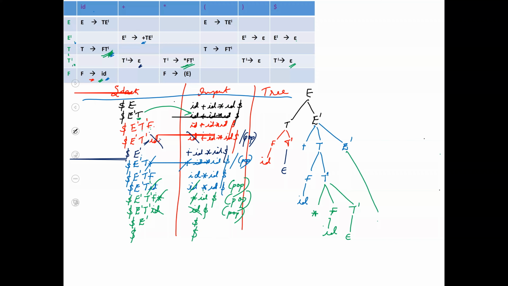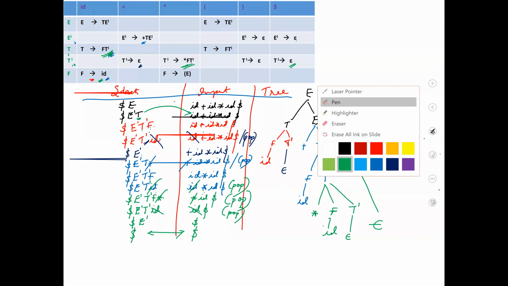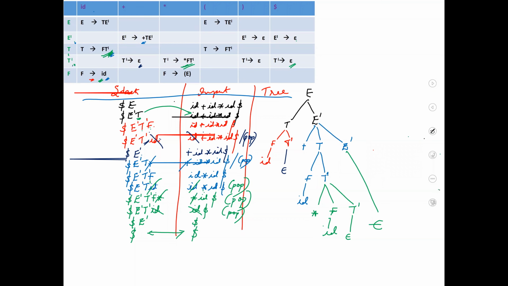This also I replaced with an epsilon. I had an E dash, that also I replaced with an epsilon. At the end of the day, I came up with the top of the stack is equal to dollar. The top of the stack is dollar, and in the input there's nothing. I've proved everything. That also is a dollar.